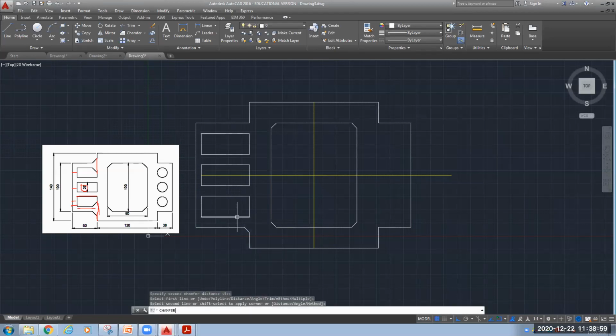On this side also, again on this side, and again on this side. So the left part of your figure is now complete.